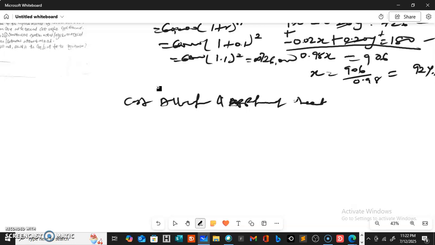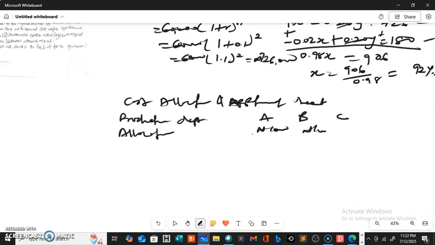We're told we have three production departments, A, B, and C. For allocation, this is in thousands. We're told 2,400,000 for A, 2,100,000 for B in the question, and 1,500,000 for C. Then for apportionment,